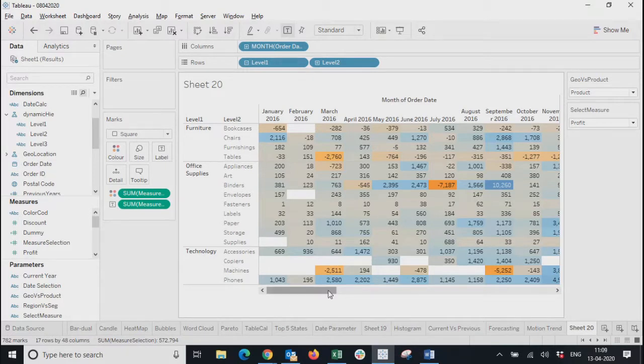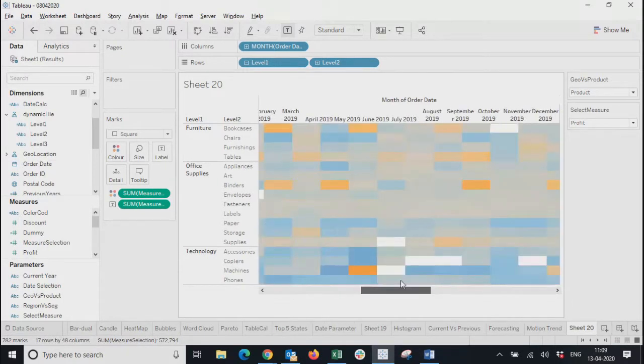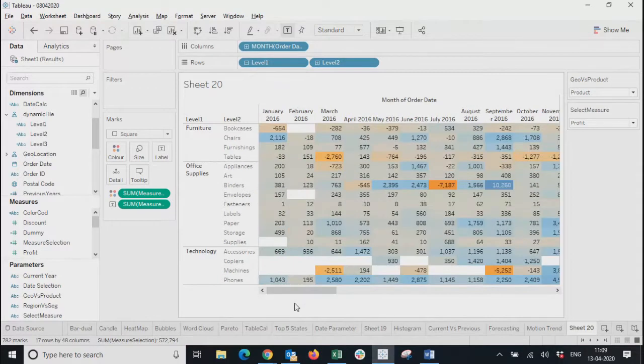Now let's talk about, I mean, we did some dual axis charts. So now let's go ahead and create one more dual axis chart for a table, right? Why am I saying that we need to create a dual axis chart? Because let me first of all,